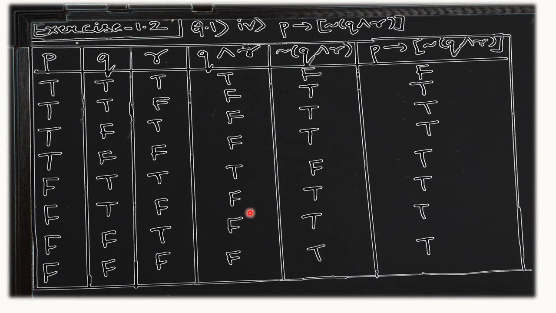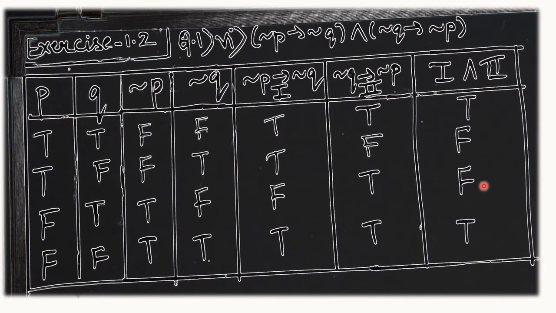Now apply negation on it. When it comes to negation, in the first and fifth cases it will be false. Rest of the cases it will be true. Now comes the one which we want: P implies the square bracket one. So T going to F is F. Rest of the cases it is true. In the first case T is going to F. In any other case, here F is going to F. So only in one case T implies F. Only one case it is false, rest of the cases it is true. So this is also an example of contingency. Now let's see another question.